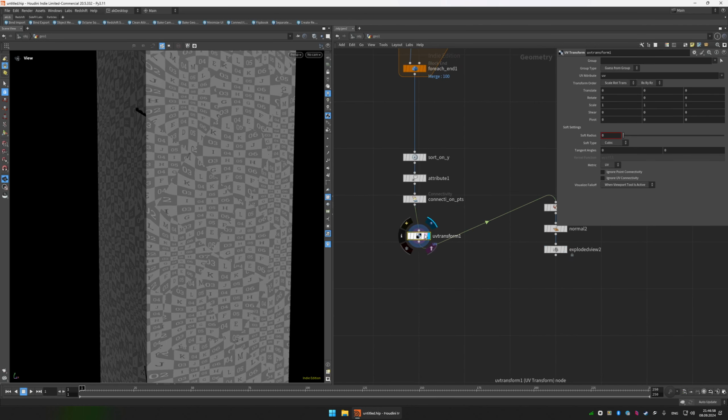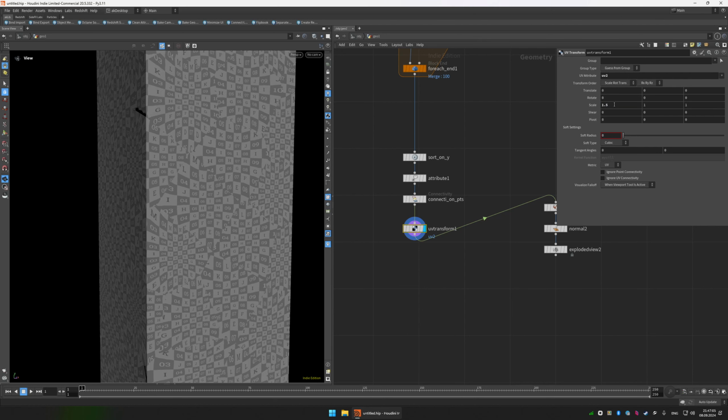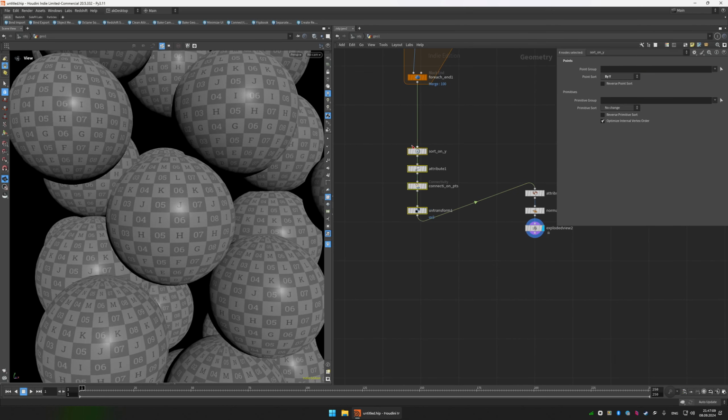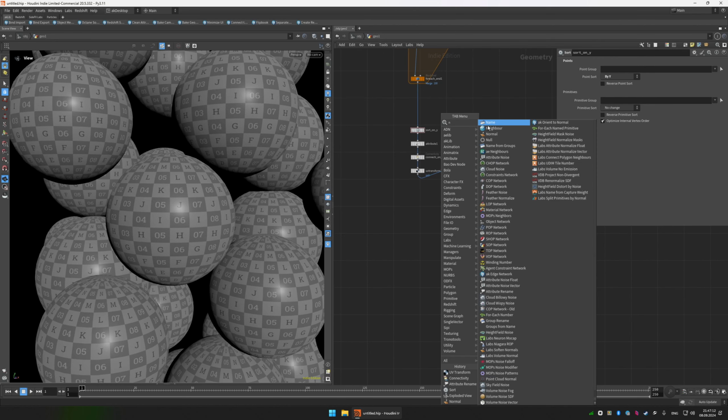UV transform, we want to transform the second UVs, and I'm just going to increase the scale on the x-axis, and now they are not stretched like this. So this is our preparation, and let's call this